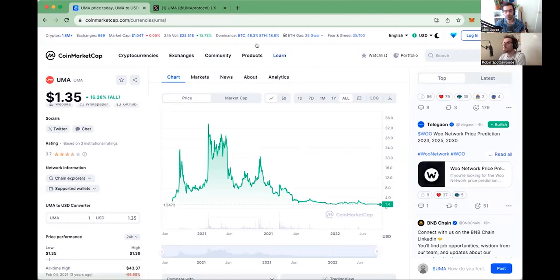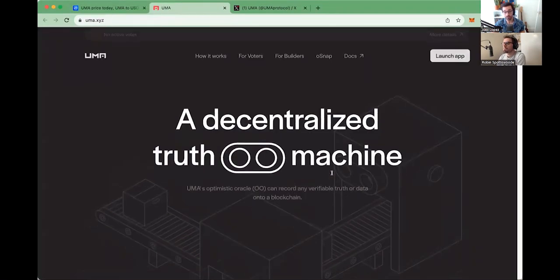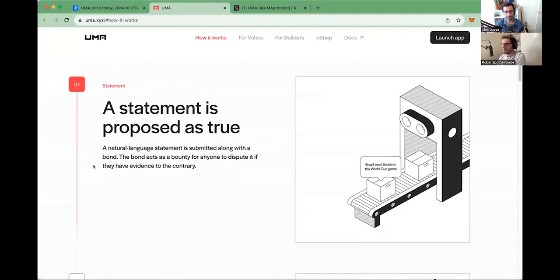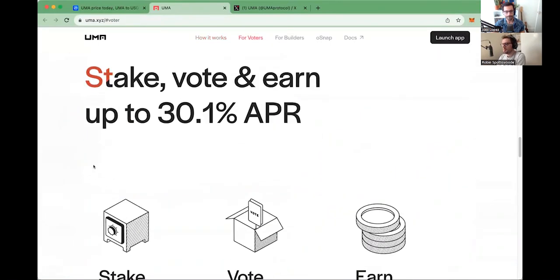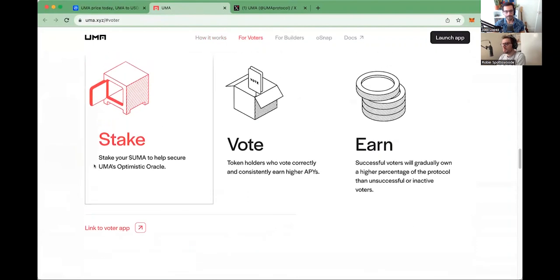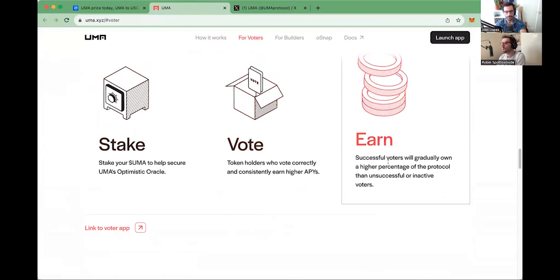But again, not sure what other utility the token has apart from just voting on proposals and essentially governance. Yeah, it seems like you can stake it as well, to help secure UMA's optimistic oracle. Yeah, I don't know exactly how the staking system would work or exactly how